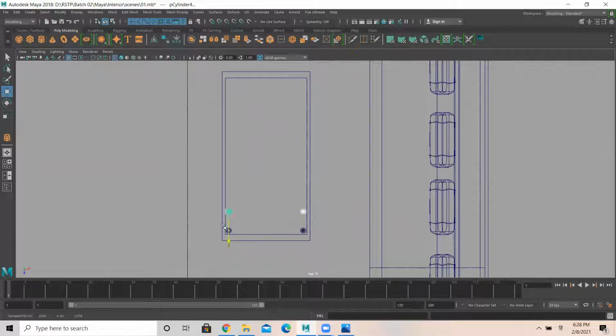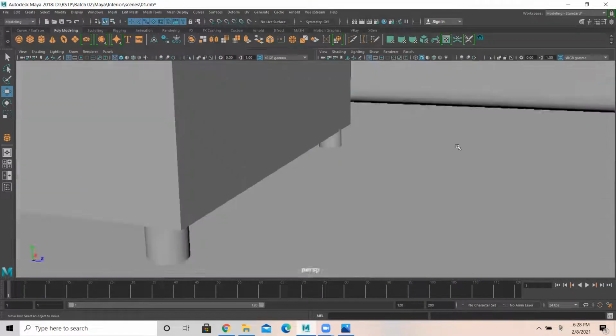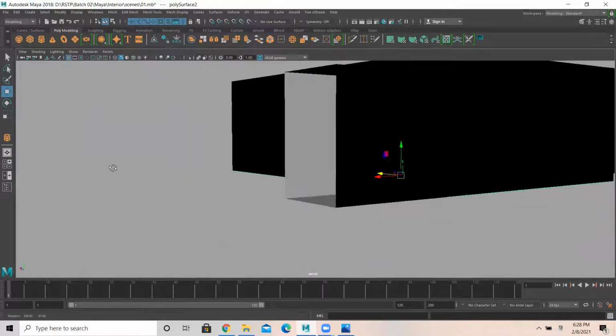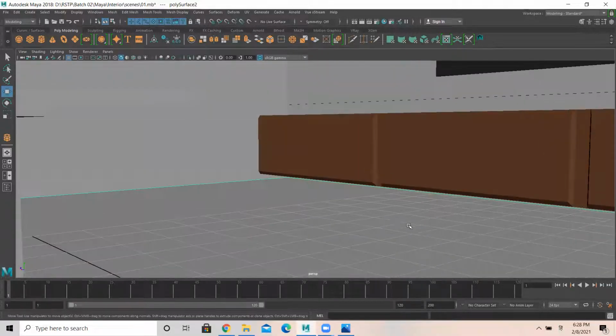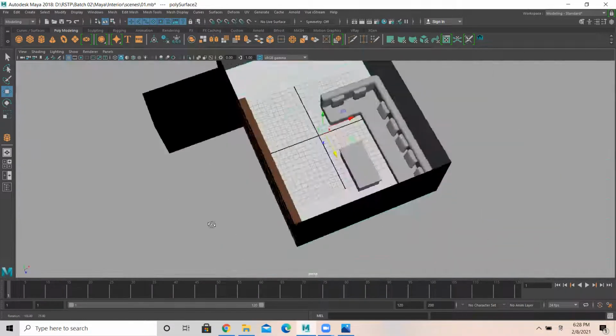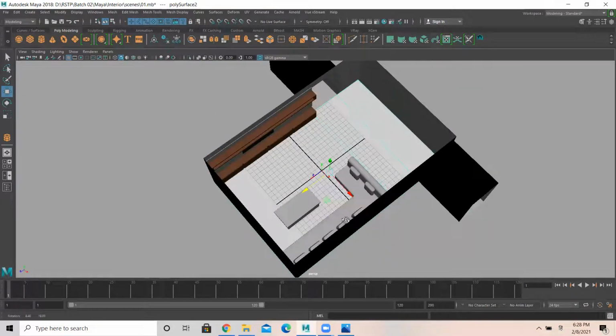I duplicate this and I place it here. Okay. Any doubts? So we have, okay. See, from all the views I'm checking, this is what we have done.